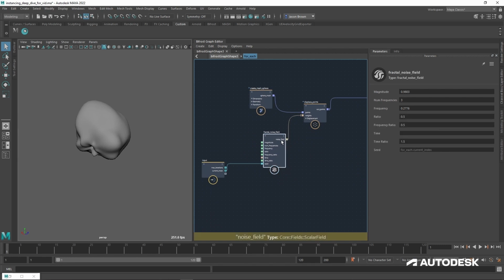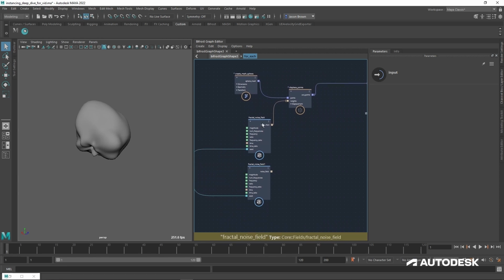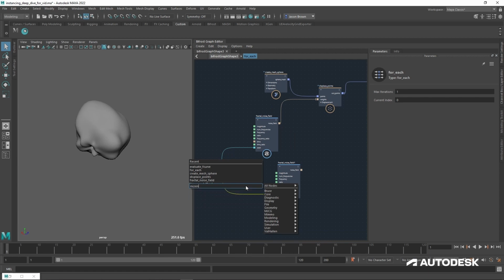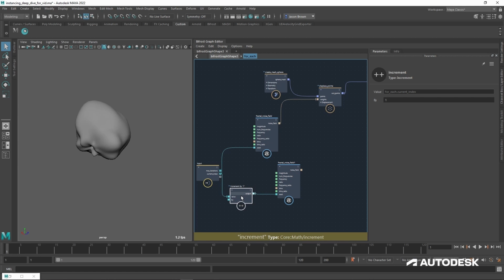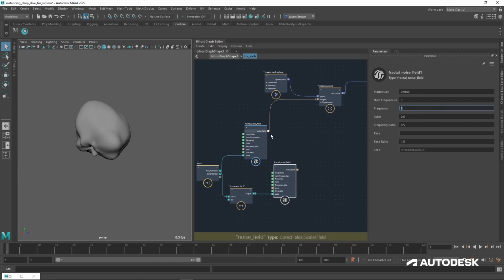If you wanted to add some detail, a really quick and easy way to do that is to duplicate this field. You can leave the seed the same for this, really, but it does pay if you want to, you can increment that by 1 just so it's got a different seed. And what we want to do is just a classic little bit of fractal Brownian motion here. I want to make this a lot more frequent. So it's about 0.25. Let's go 4 times that with frequency 1. And then we'll add these two together.